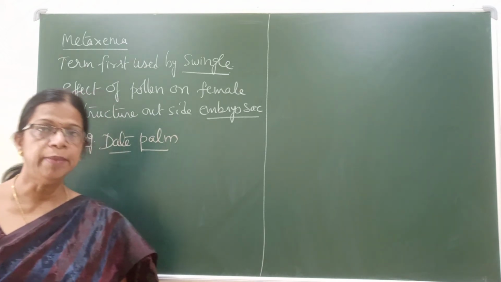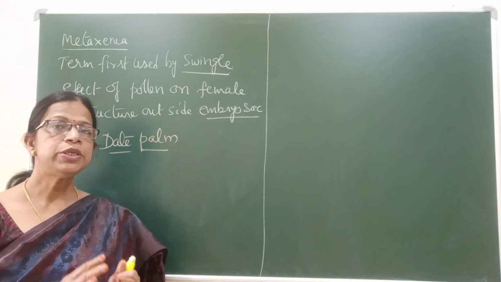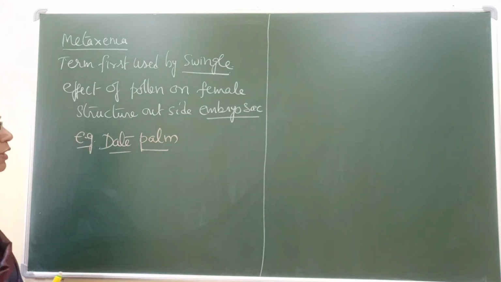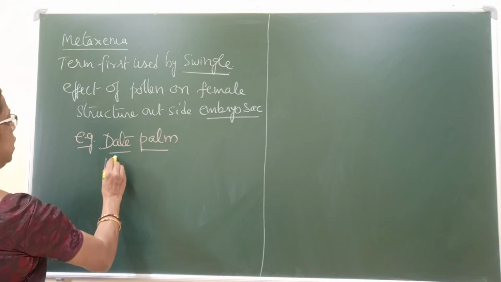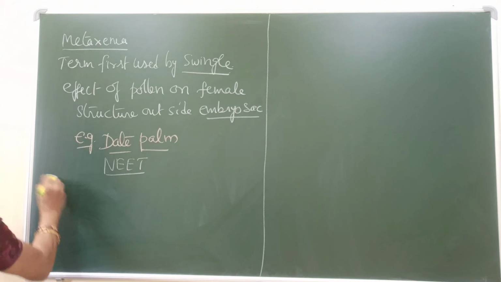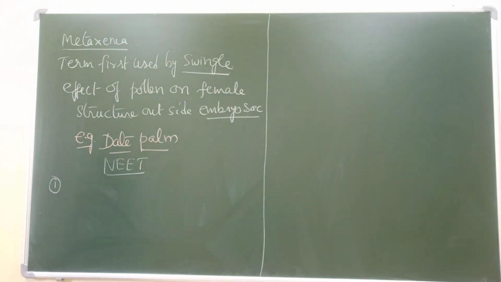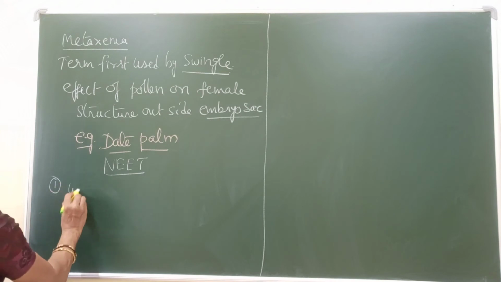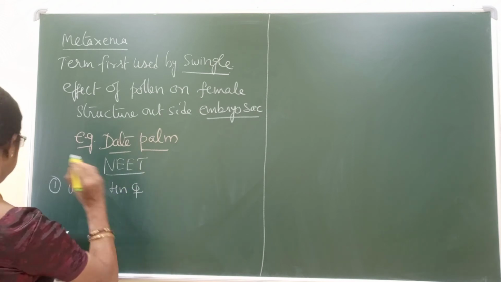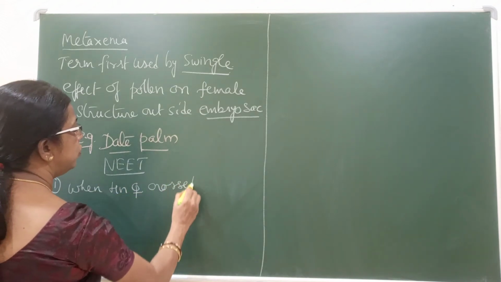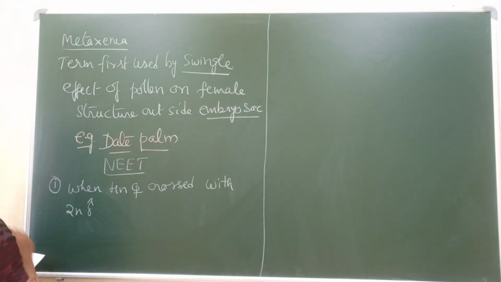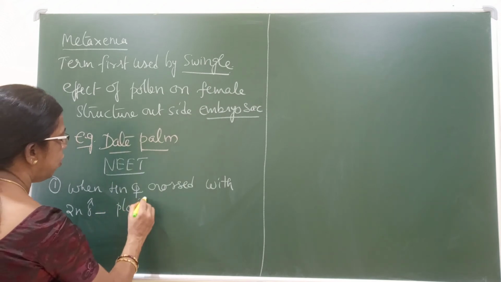What is xenia, what is metaxenia, we have discussed. Now I am going to discuss questions related to this topic which can be asked in any objective exam. So, NEET questions. First question, I am going to write the question and then we can discuss. When a 4n female is crossed with a 2n male, then the ploidy of